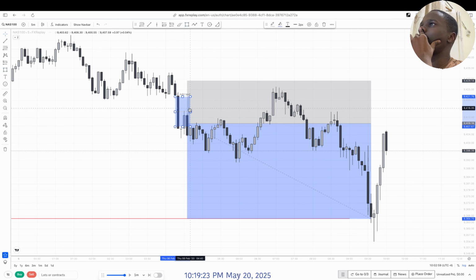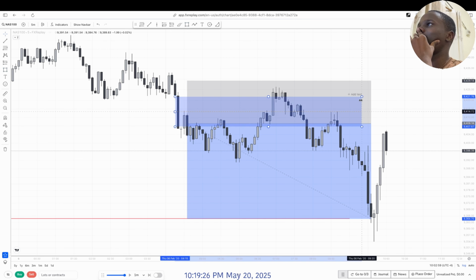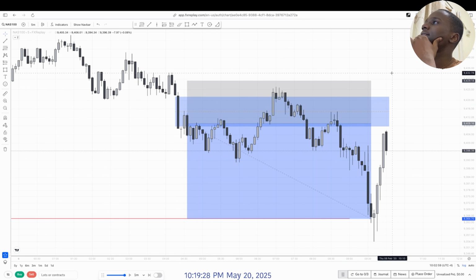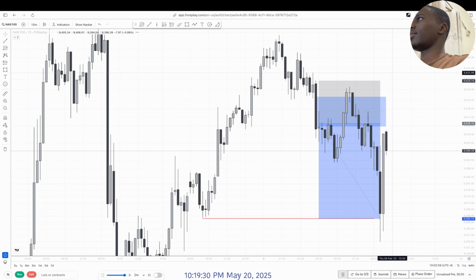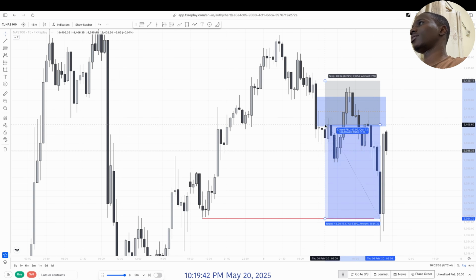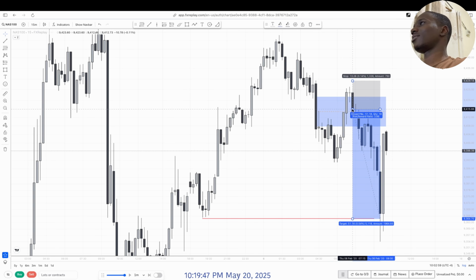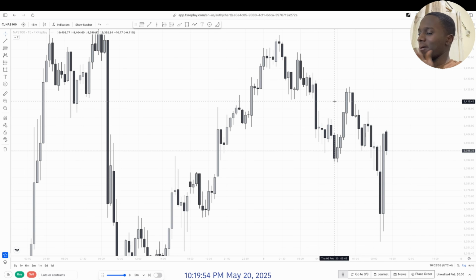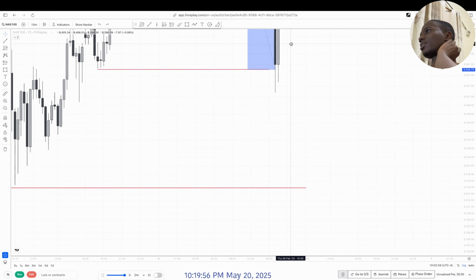held, but we had to retest the full block, because when you go to the 15-minute, you can see that there was a good OB right here. Nice, not bad. So an ideal entry would have been somewhere at the retest of the 15-minute fair value gap, just like this, and you fly. Anyways, we didn't get the opportunity to take this trade, but it would have been a good one.